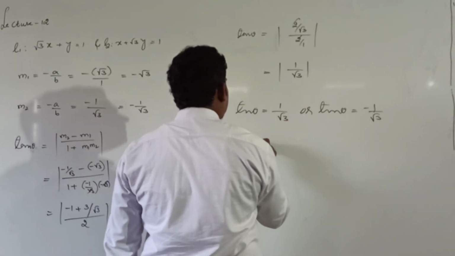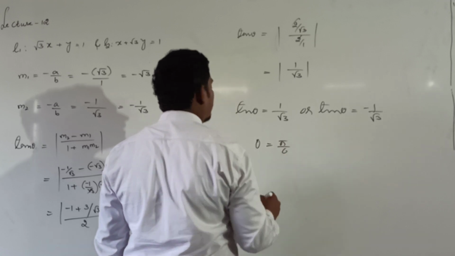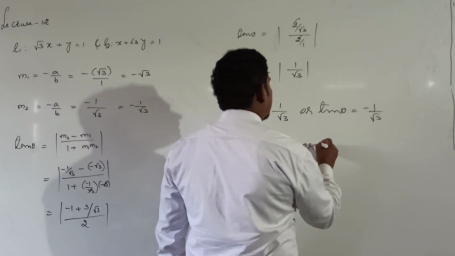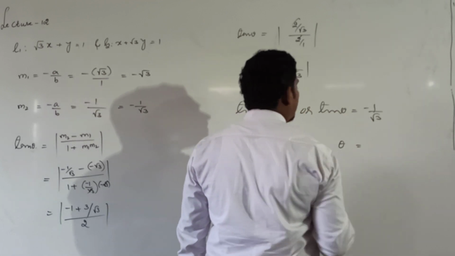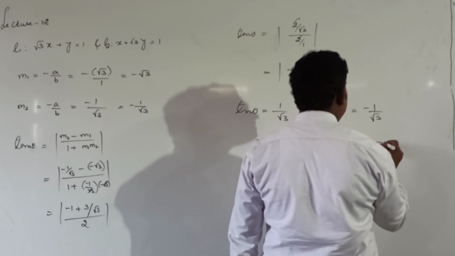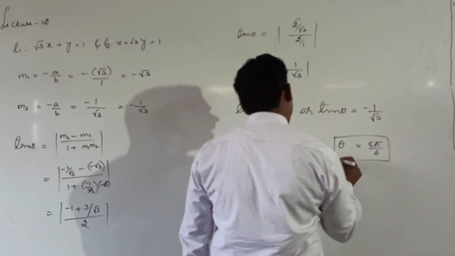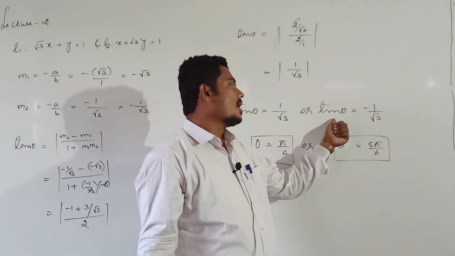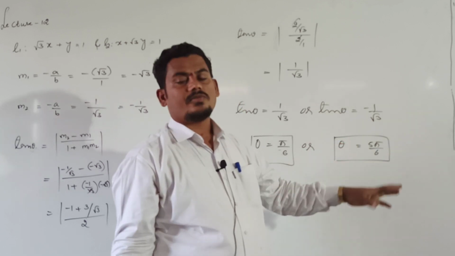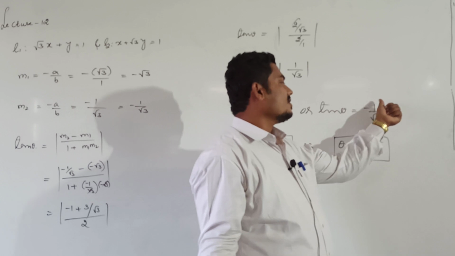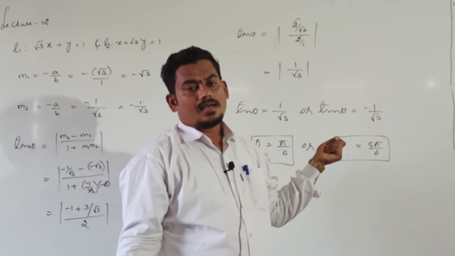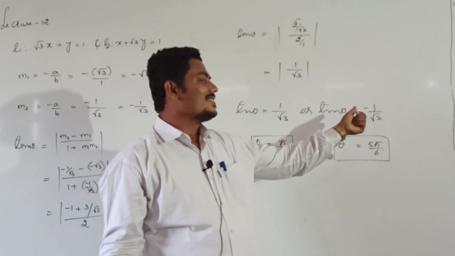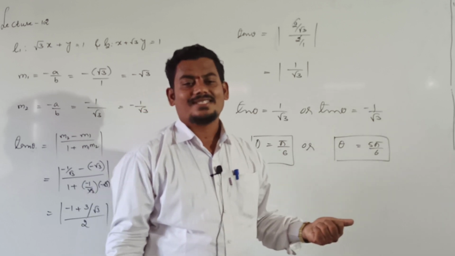Tan theta is equal to 1 by root 3 means theta is equal to pi by 6 only, right? Pi by 6, 30 degree. Or tan theta is equal to minus 1 by root 3 means 5 pi by 6. There are two angles, pi by 6 and 5 pi by 6. And already you know how theta is equal to 5 pi by 6 when tan theta is equal to minus 1 by root 3, right? Already you learnt in trigonometry, right? Tan theta is equal to minus 1 by root 3, then theta is equal to,